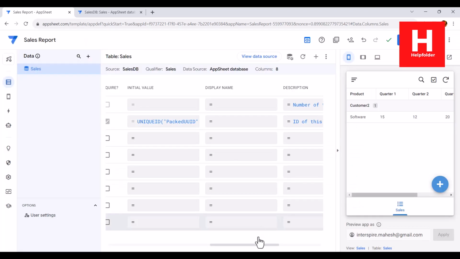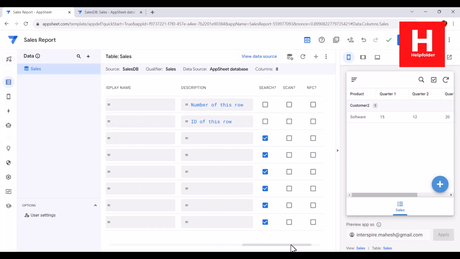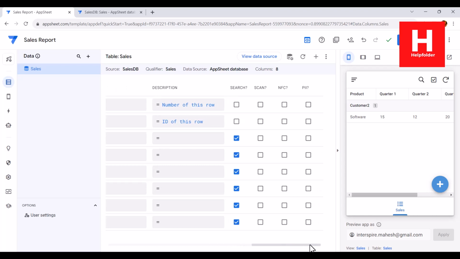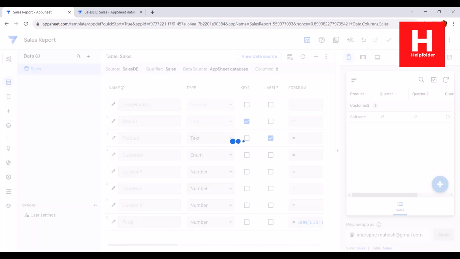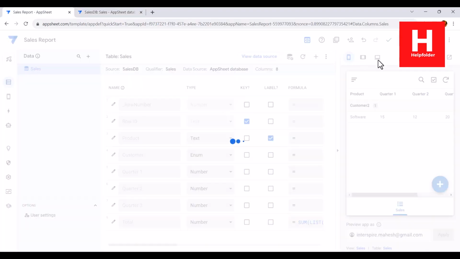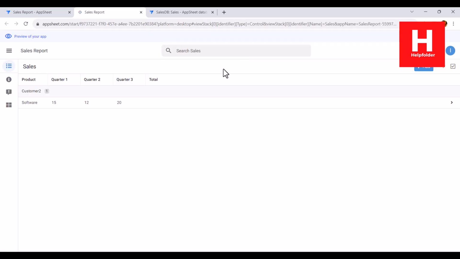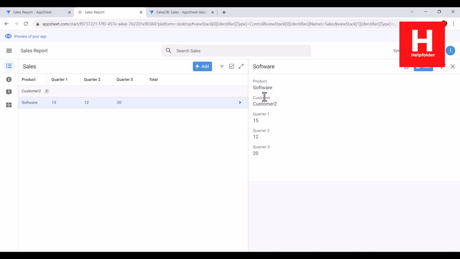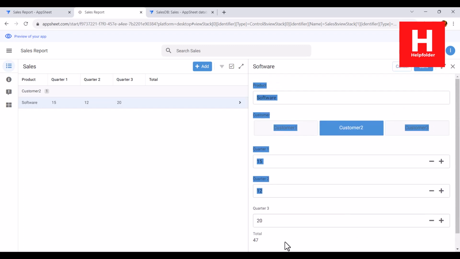So we'll just save it as is, and then search scan NFC, right? So let's save this, then come back here, open it again in a new tab, right? So this way you would be able to see. Now let's see, still it doesn't appear. So if I edit it, you'll notice that the total is already 47. So up to this part they are showing it correctly,